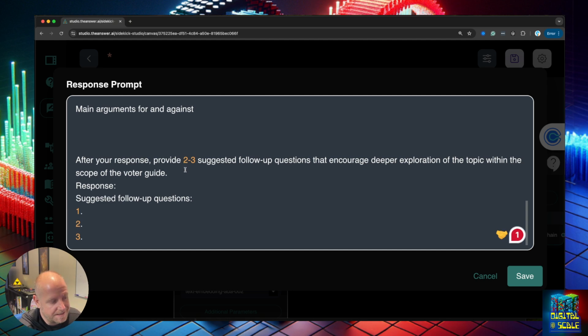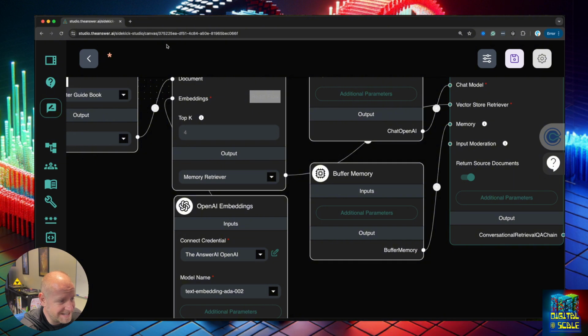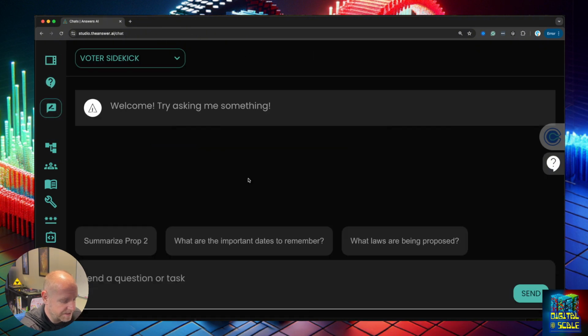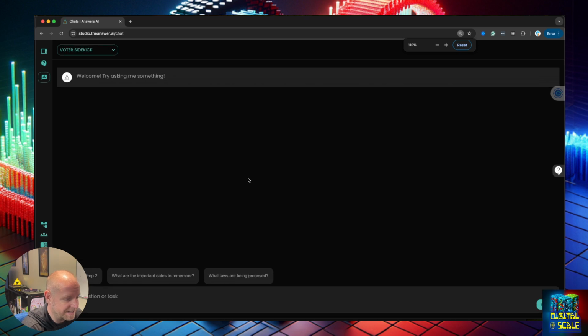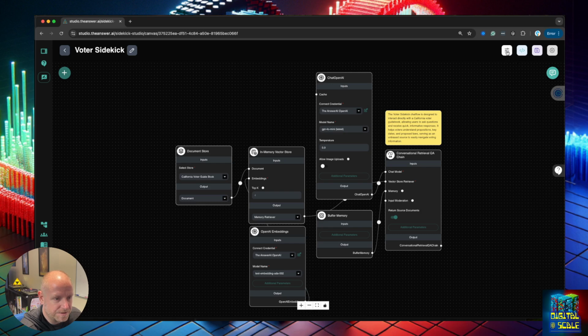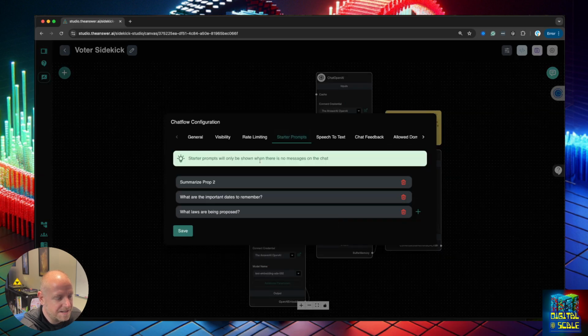So that's another thing I usually always add as well. What that does is, when I go into the Voter Sidekick, one last thing I forgot to go over is how you actually do these, which are our starter prompts. So if I click in here and go into the filters up at the top, this is another very important thing. This is how you can guide the user on how you want them to use this